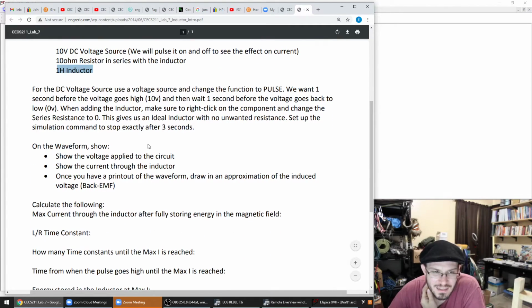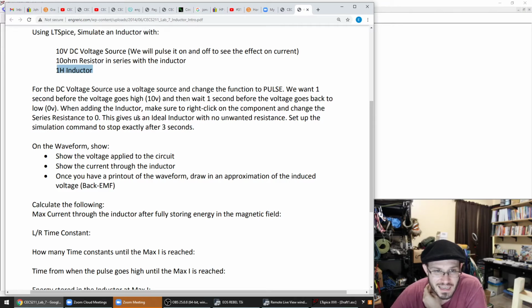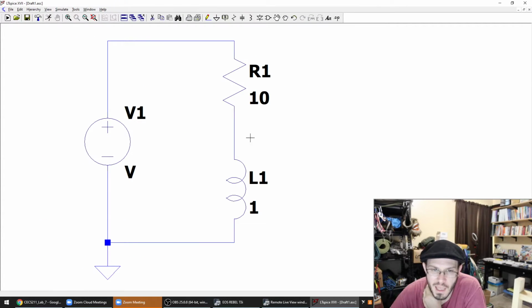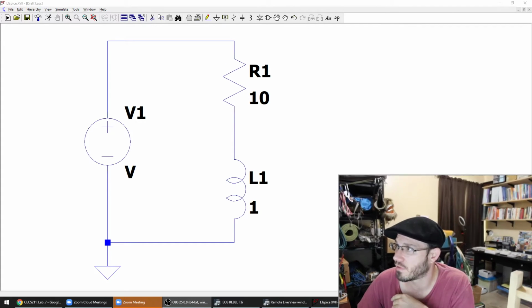Now, in order for this inductor to act more closely to an idealized inductor, we're going to set the series resistance of the inductor to be 0. Now, here's the thing. When I have an inductor in real life,